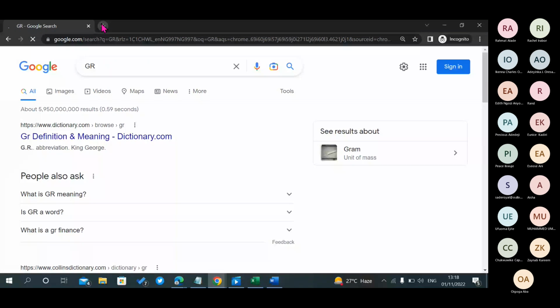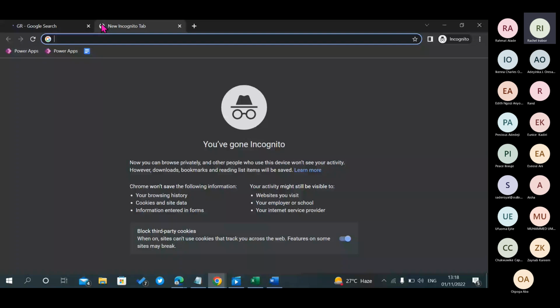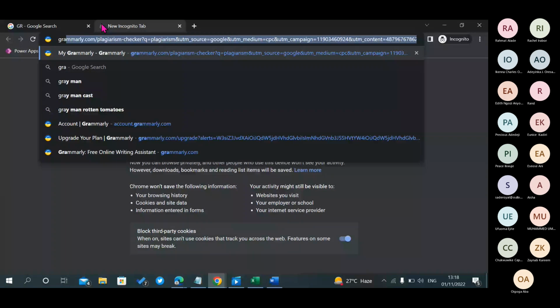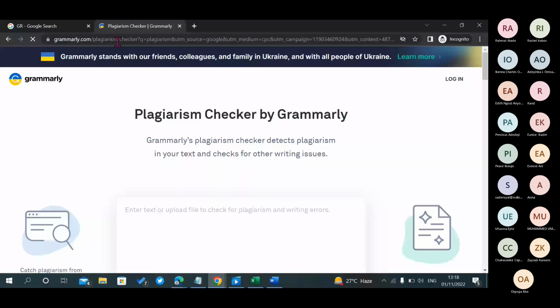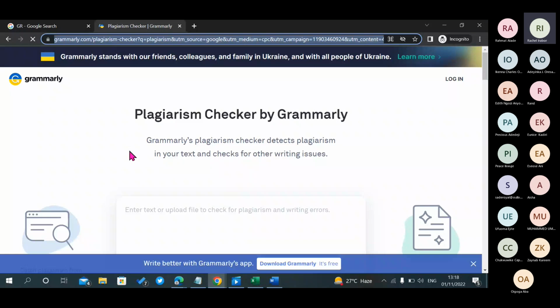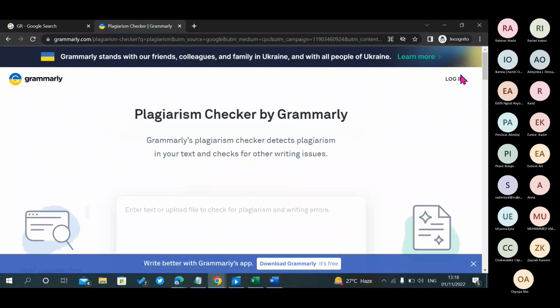I have a question. Yeah, sure, you can go ahead. I wanted to know which version you are using for Grammarly. Is it premium? No, okay. This particular one you're seeing right now, I'm not logged in, if you can notice.